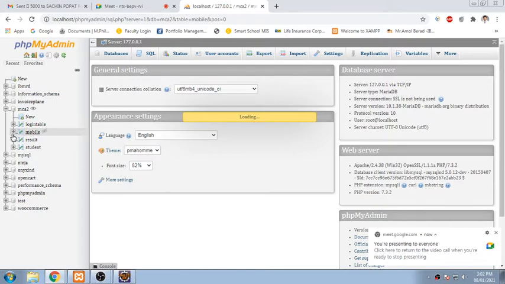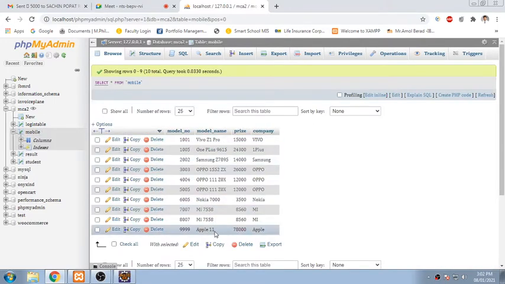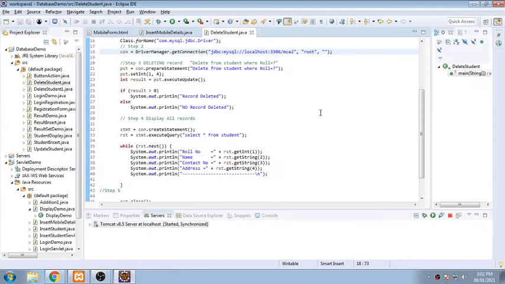When I click on my mobile table, you will see these are all the records we have already added. Near about 10 records are available there. This is the process we have already gone through by creating a form and adding records using this mobile form.